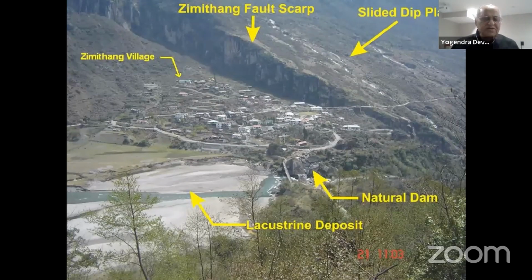Likewise, the field photographs which are collected in this stage itself can show you what the major features here are. In this particular photograph, you can see the lacustrine deposit here. The river is a very wide river, and suddenly you can find that after this place, it is going as a rugged, very narrow stream dropping over some bouldery material, which is basically because of the natural damming here.